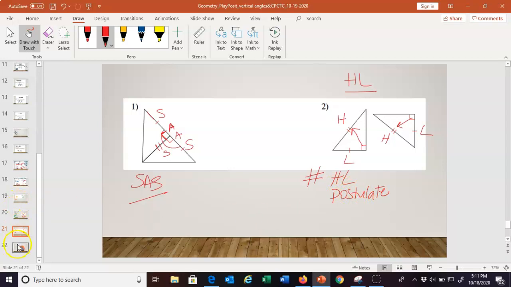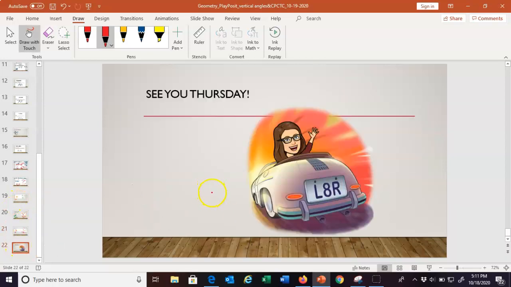Okay. So that's it. That's it for today. The big deal for today's lesson was just remembering these 5 postulates. We're going to talk more about these next class on Thursday, HL. And then also that whole reflexive side business, right? Where you can mark that for shared side. And then also the vertical angles,